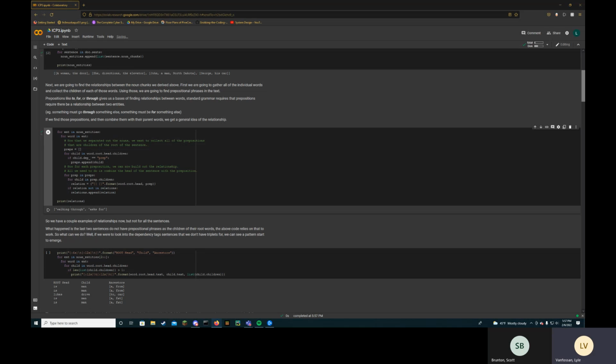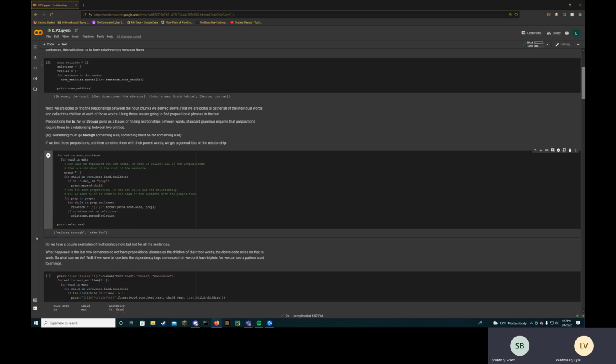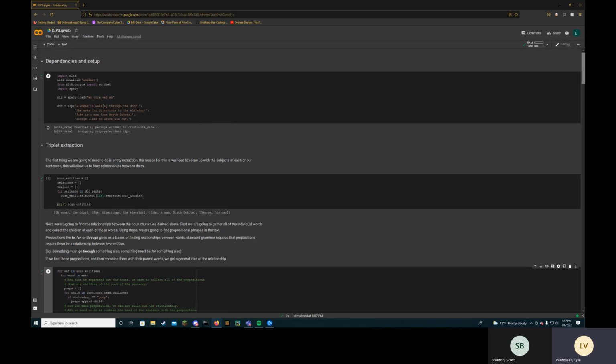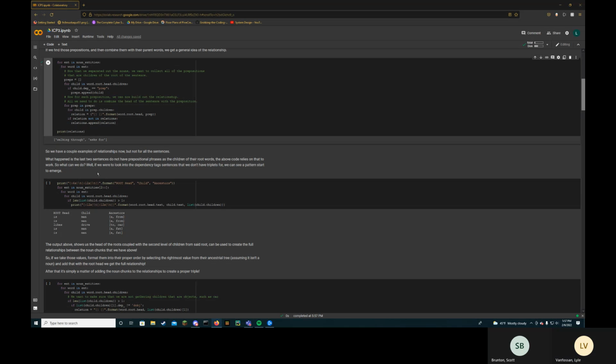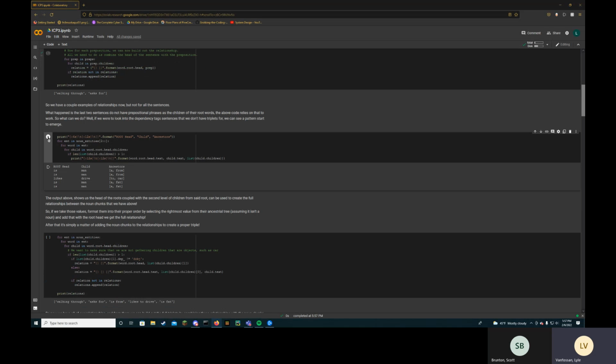That is actually not all of the relationships that we need for the sentences above. Walking through and asks for is just for the first 2 sentences. So woman walking through and then asks for. The issue here is that we were looking for these prepositions, but in the last 2 sentences, there actually aren't prepositions that are a part of those children. So we've explained that here, and you can see a little bit when we run this